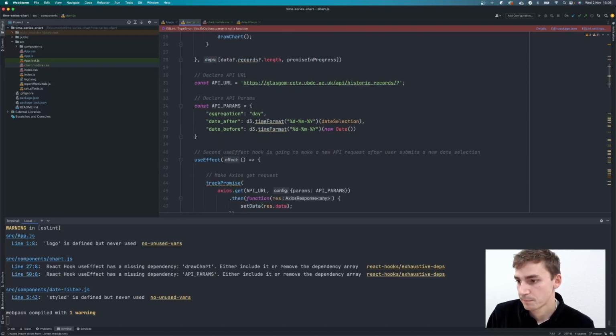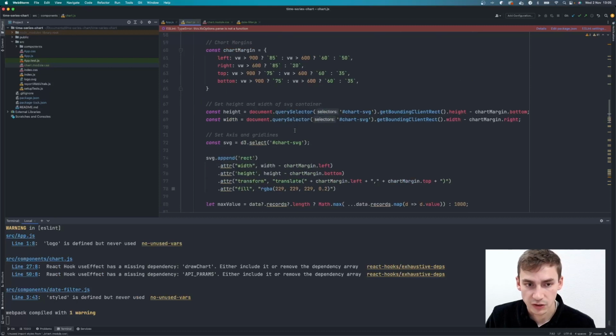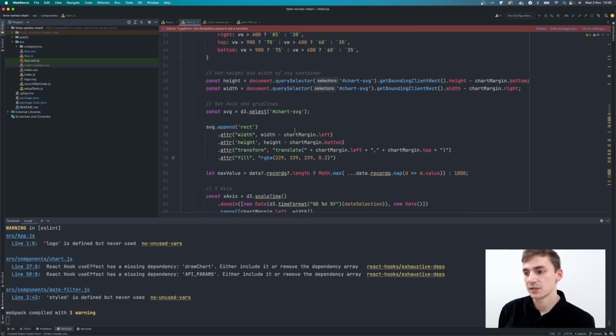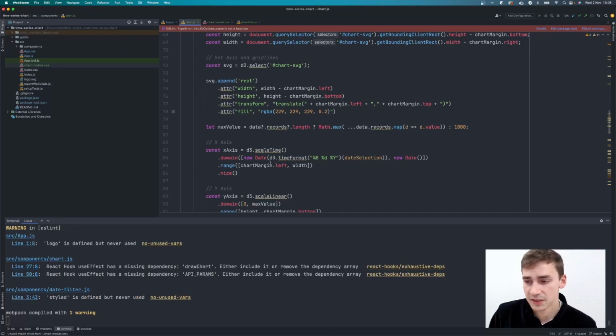chart.js function. So we're going to need to add a series of class names to the elements as we're adding them with D3 inside our draw chart function. We're just going to add some classes that will give us the ability to style the elements as we add them. We can style them inside that chart.module.css file. But the first thing I want to do is add some